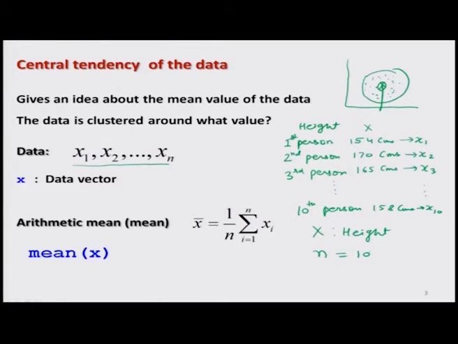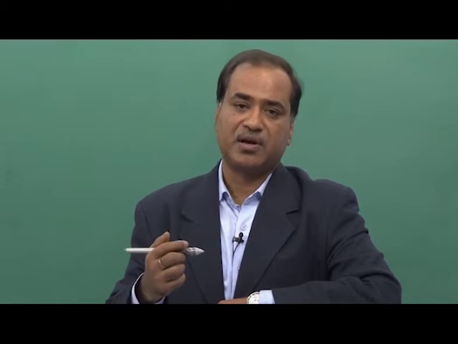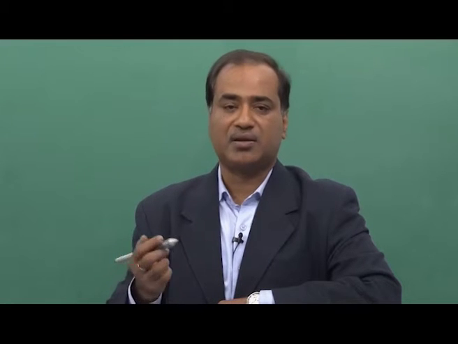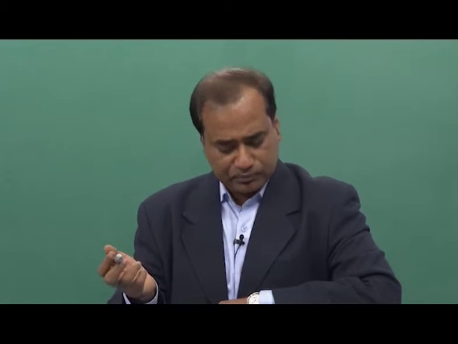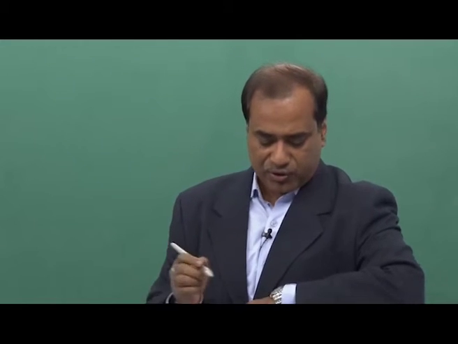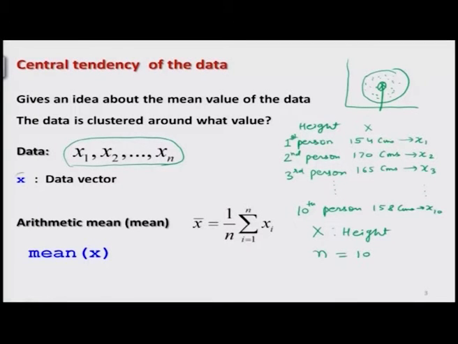So this x1, x2, xn are simply indicating some numerical values, or they may be some characteristic values also. For example, we have taken an earlier data set in which we have found the gender of 10 persons, and that was indicated as, say, male and female, and that was categorized by 1 and 2 also. So, these are some values. Okay. So, now here I am going to denote by this vector x the data vector. Whatever data I have collected, whatever values I have collected, they are contained in this data vector x.